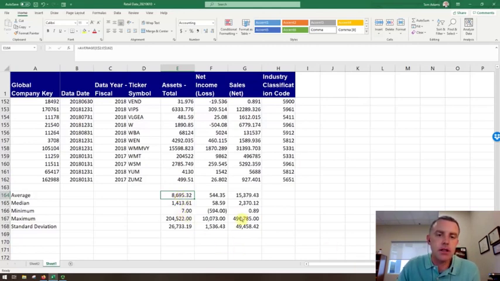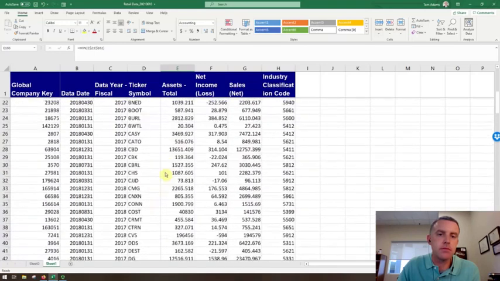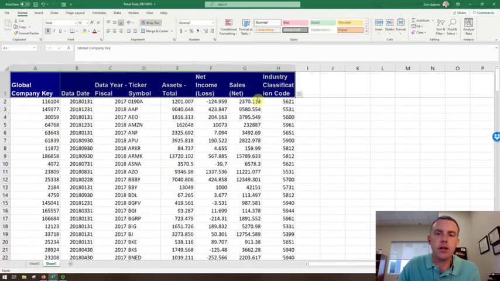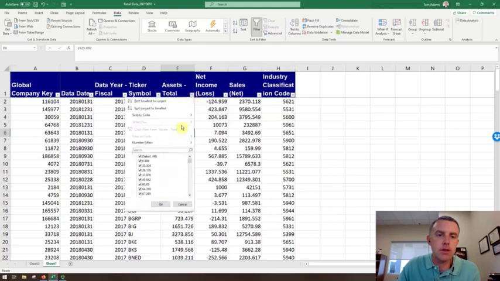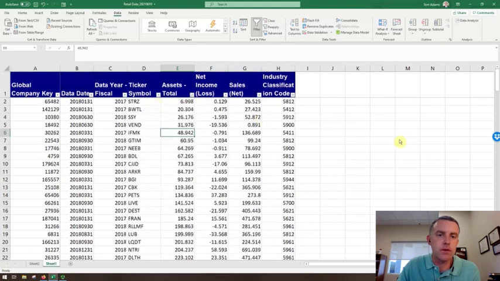Let's say we wanted to know who has the minimum sales amount. Let's say we're kind of suspicious of this data point. So let's add a filter here. We're going to go up top, add filter, and go to assets, and we're going to sort this smallest to largest. So it looks like our smallest company is this ticker symbol STRZ,